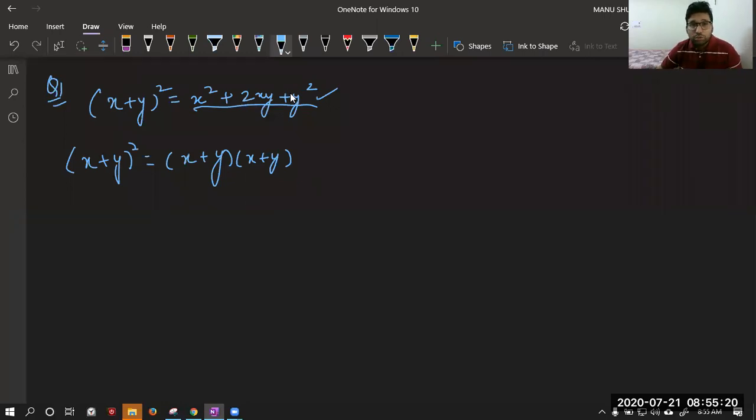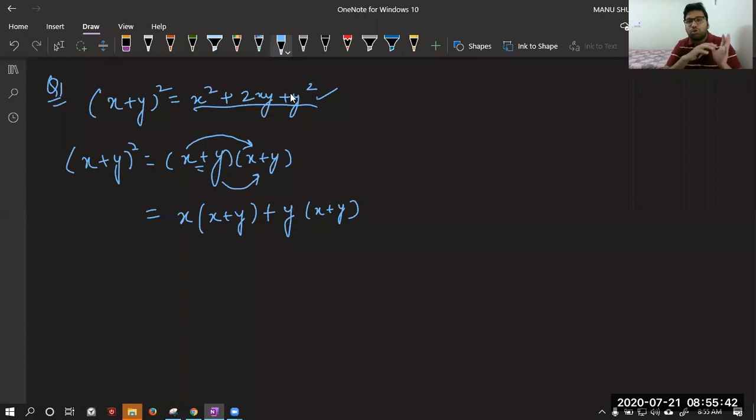It is okay. Now, if you write like this, as I told you yesterday, we can multiply this x into the complete bracket, this y into the complete bracket. Let's start. X into x plus y, plus sign is coming, then y into x plus y. Till now, is it okay? Any issue? I have just opened the brackets using the distributive property. Now, we will multiply x into x is x square, x into y is xy, then plus y into x is yx, y into y is y square.